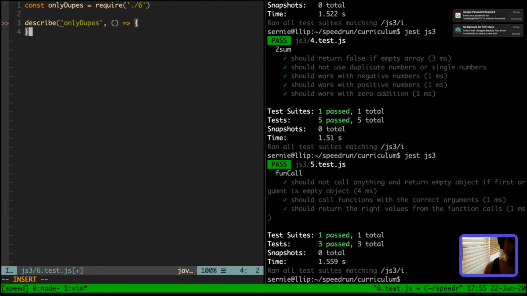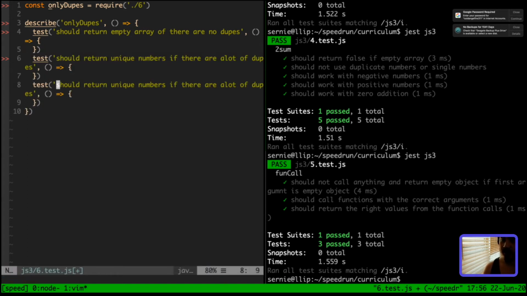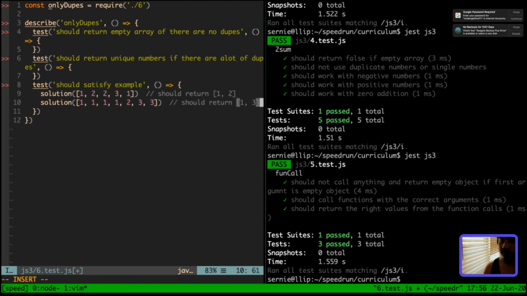So describe takes in a key function, and then the first test is: should return empty array if there are no dupes. Then I want to test: should return unique numbers if there are a lot of dupes. And then the last test would be: should satisfy example. The example